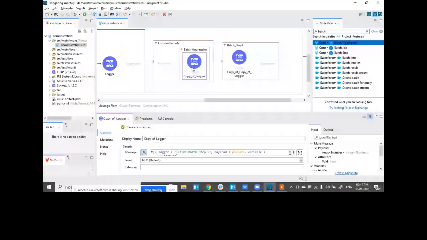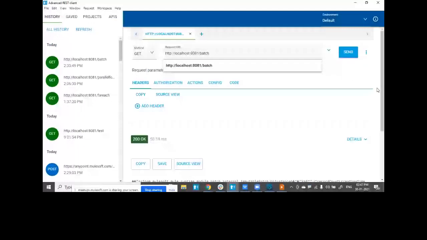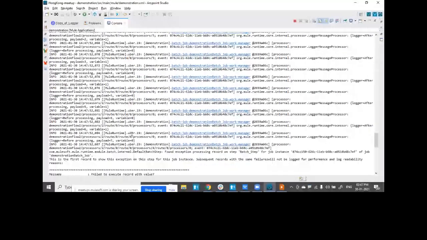Application restarted. If I trigger my application, let's check where I can see it, inside before processing, record got failed.